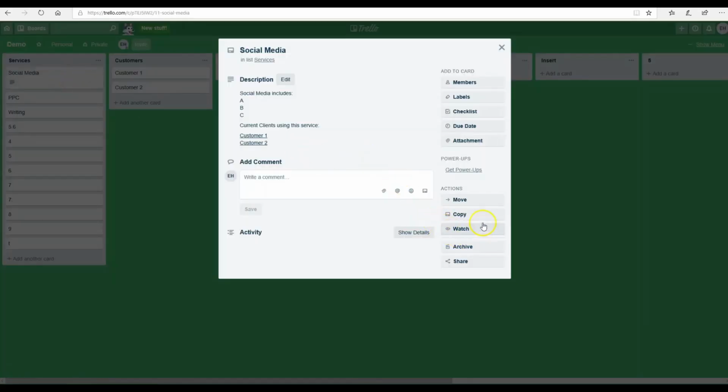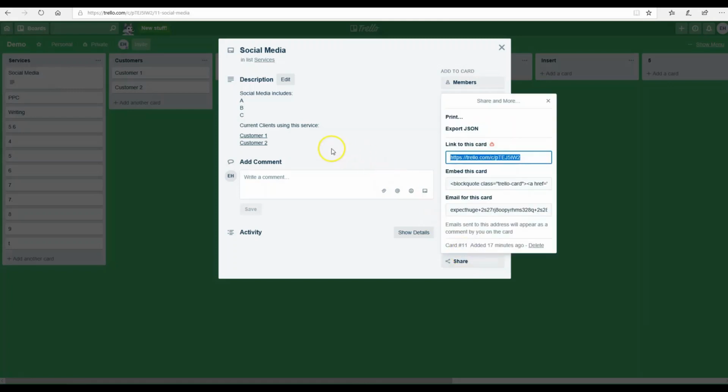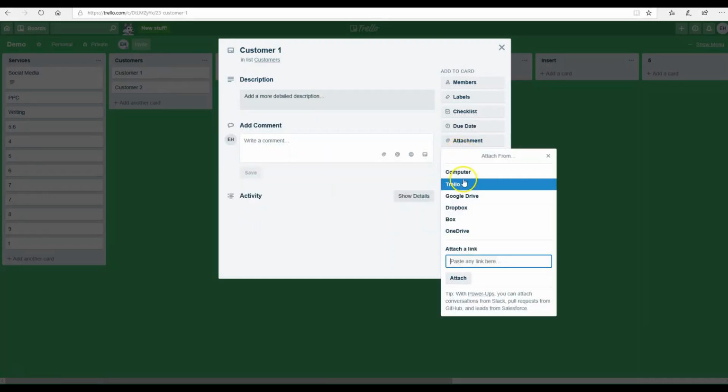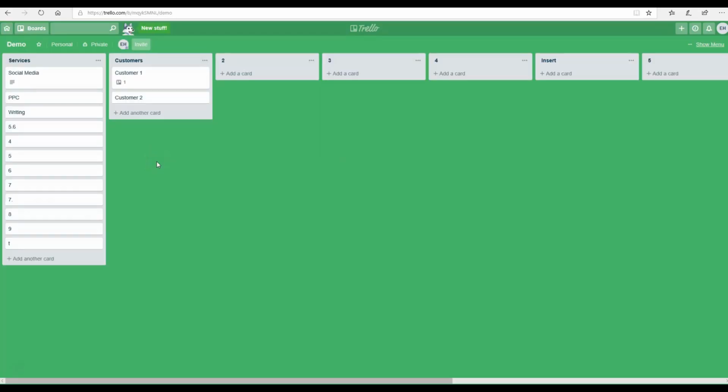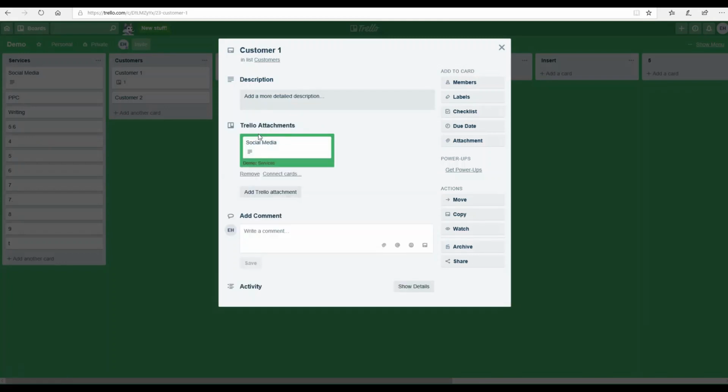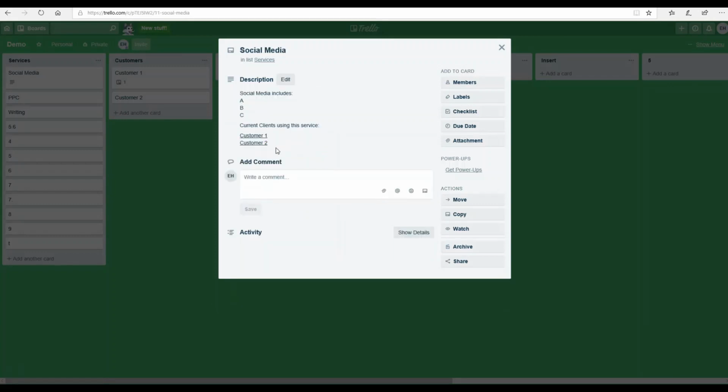Another thing you might do is copy this card and attach it here. Attachment, attachment link, attach. That's another way. So when you're in social media learning about what this service is, you could easily click on the clients that are using this service to learn about the client, and you could easily come back to where you came from, services. The amount of clicks that you save by doing this, and this is potentially from one board to